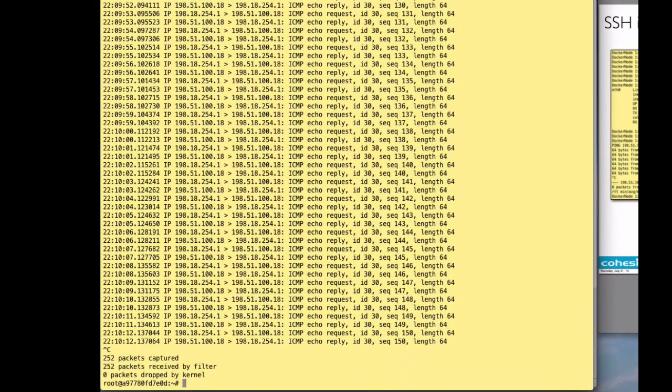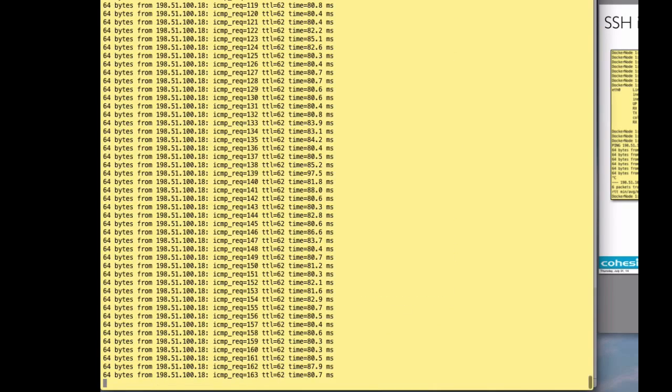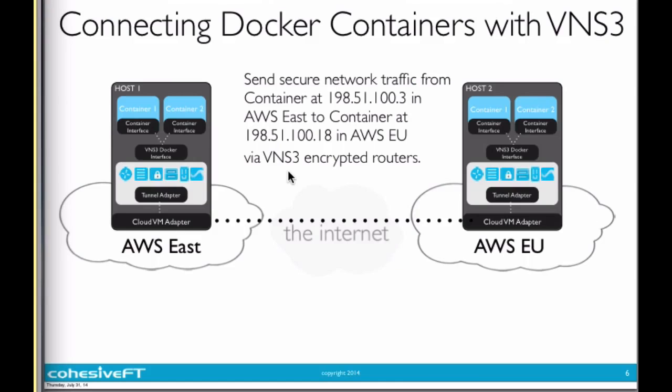And of course, from here, I can ping my host on the other side. So they're happily chatting away with each other. So really, again, what we've done is we've sent secure network traffic from the container .3 across to the .18. So the other thing that I can do, let's go back to my manager, is that's quite interesting